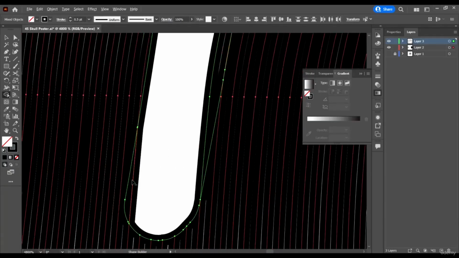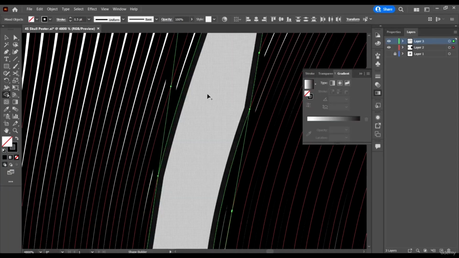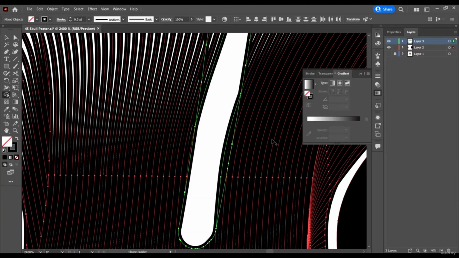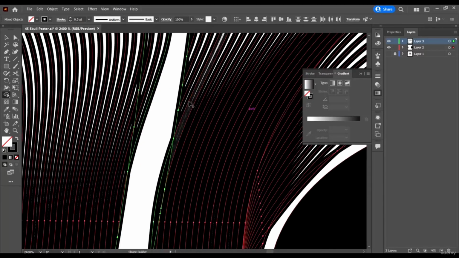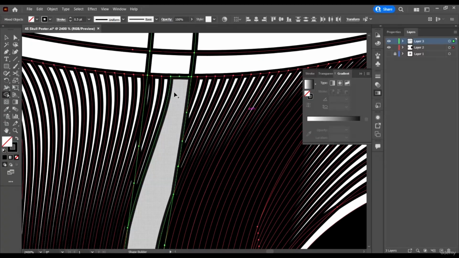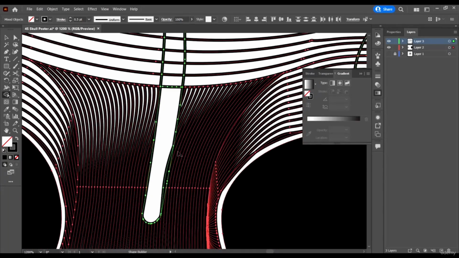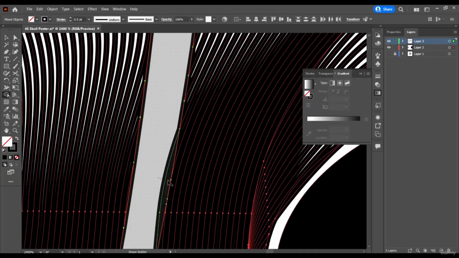Good. And for this one, I'll just use Alt to cut out the points. And same for this guy. I'm going to add them like this. And this one's here.